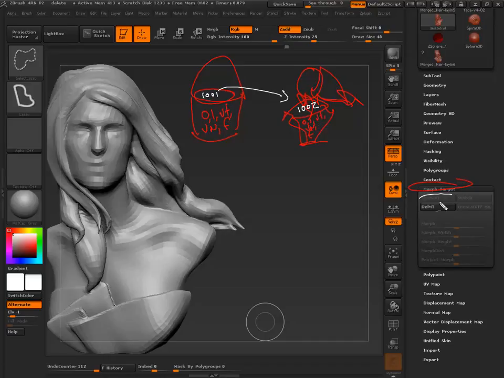So store morph target and switch instantly go out the window. They're just grayed out. You still have the morph target here. That bucket still exists. But until those vertices match, you won't have access to that bucket. It's just completely gone.